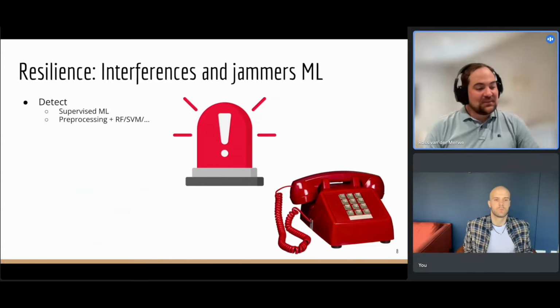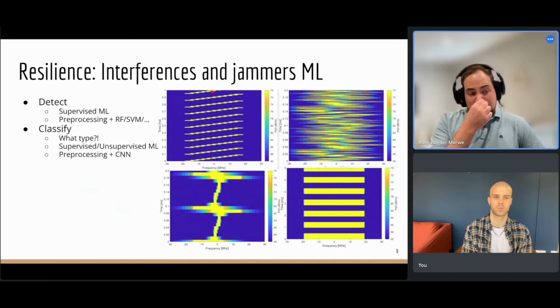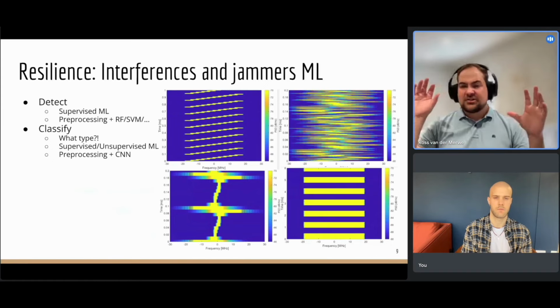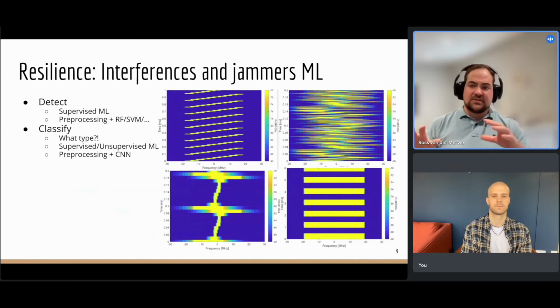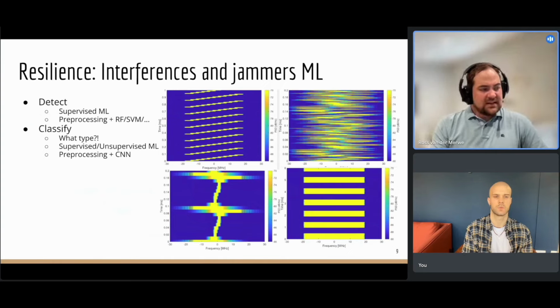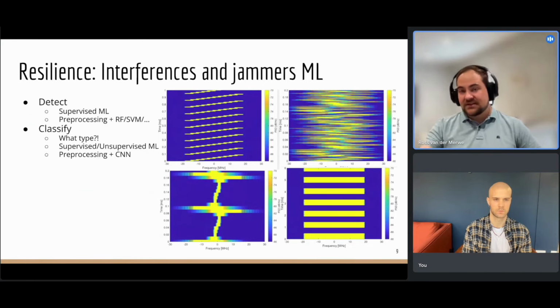Now here I have some different types of signals. So what you'll see here is, in each one of these graphs, you have a frequency axis. Somewhere in the middle you'll have your GNSS signal, and you're receiving a very strong signal, and then you have your time axis. So this is going over time. You can see how your signal is generated. And what's important is, on the first slide, I showed this DME signal, and then I showed this military jammer, and then I showed this privacy protection device. Each one of those transmits slightly different signals. So one of the classic ones is the PPDs tend to transmit these chirp-like signals. So if you know exactly it's a chirp-like signal, it's easy to say, there's not just interference, but I know what type it likely is. So now I can say, it's interference.